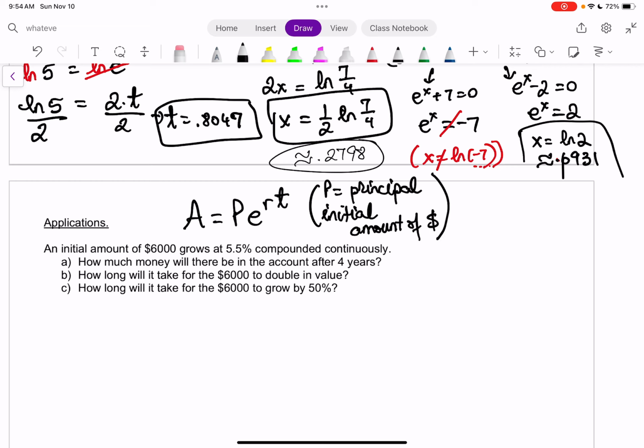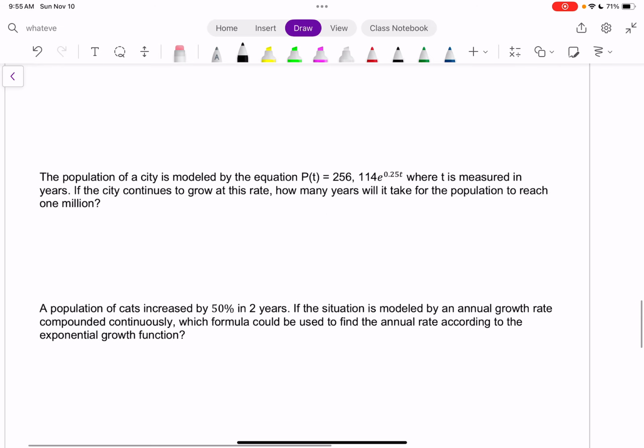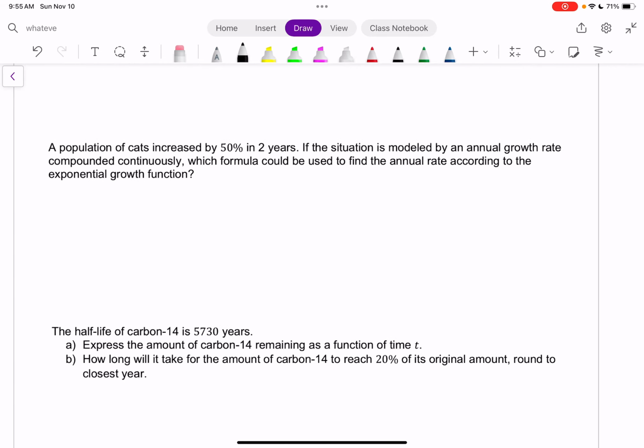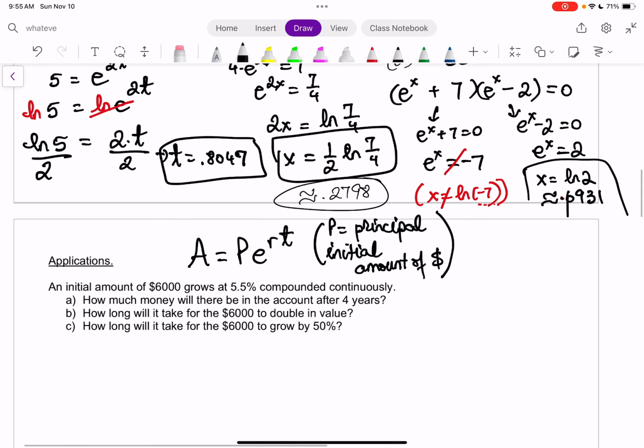That's what we're starting with, whether we borrow it or we invest it. A is the amount you're going to have at the end of these T years, right? But this does not always have to be applied to money. It can be applied to chemical compounds, to bacteria, to populations of humans or cats. It can be applied, again, to a chemical compound, carbon-14. So anything, actually, any exponential equation can be written in